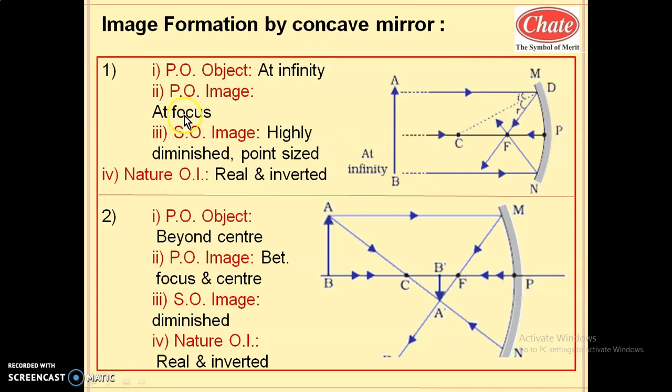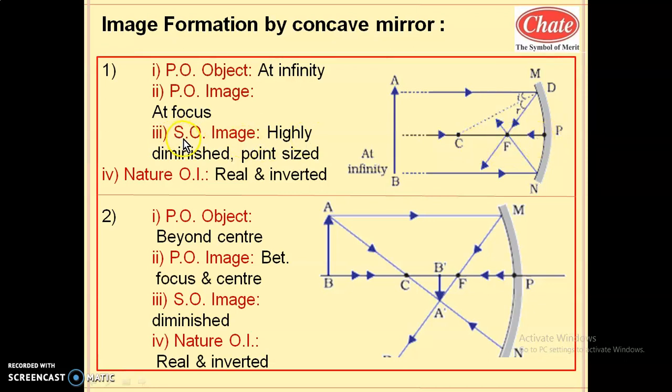So students, this is the first diagram of image formation by a concave mirror. Practice this diagram well, so that you understand how the image is formed at the focus, by using the compass and taking the appropriate distance, the radius. We are assuming this radius to be approximately 4 centimeter. You may take the radius for drawing the mirror as 3 centimeter, then this midpoint will be at 1.5 centimeter. Whatever distance you take, you have to take half of it. This will be your focal length, F to P.